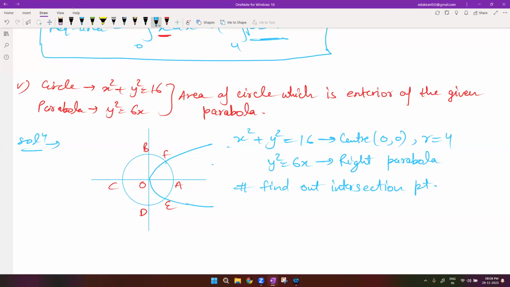Okay, draw a perpendicular from F. See, this area we need to find is not lying under a single curve. This area lies under two curves. This part is lying under the parabola, and this part is lying under the circle. Yes. So from O to F, I will integrate the parabola, and from F to A, I will integrate the circle. Right? And after this, how to find